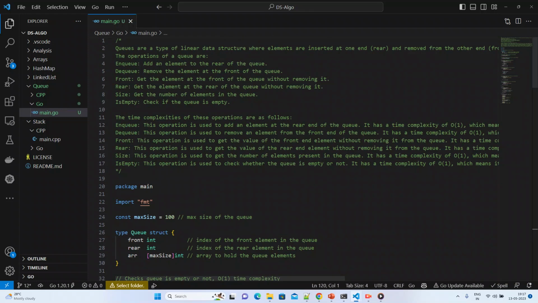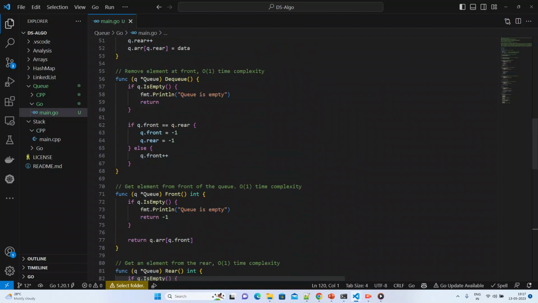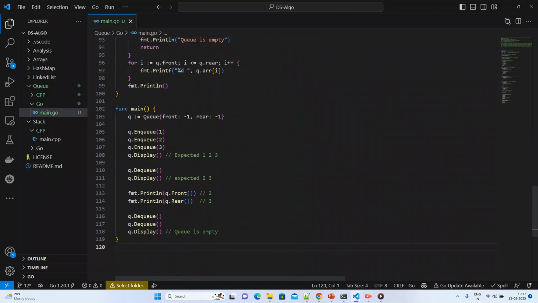That's all about all these things. As part of this session, we covered queue implementation using Golang and also all operations and its time complexity. Also, we verified all the operations on the queue from the main function, right? That's it about this queue operations using C++ and Golang, and you can check it out in previous sessions about C++ and theoretical discussion about the